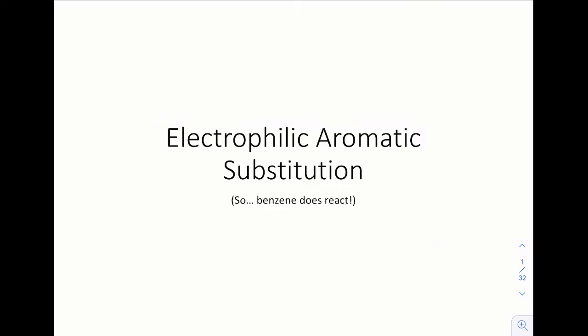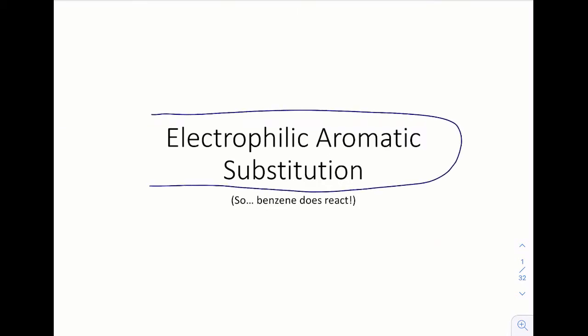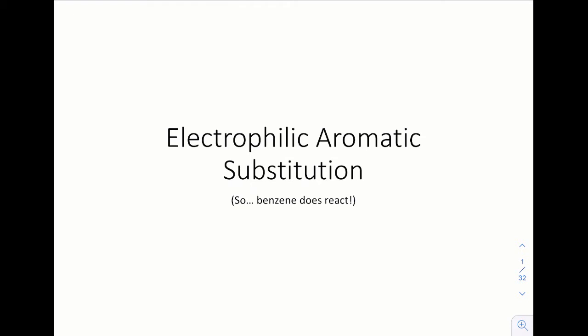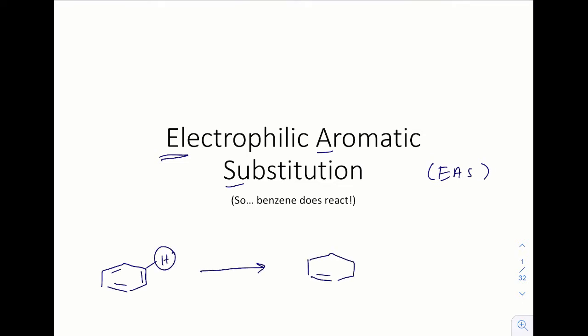In this video, we will discuss electrophilic aromatic substitution reactions, EAS. And yes, benzene does react. Electrophilic aromatic substitutions will substitute a hydrogen atom on benzene or a benzene derivative for some other species, which is an electrophile. Now, it doesn't happen in a single elementary step, so stay tuned and we'll talk about how and